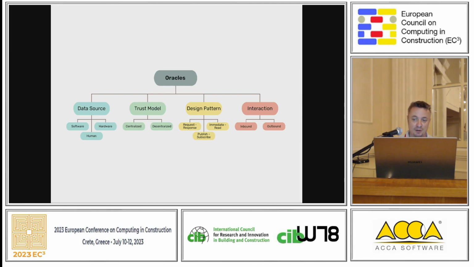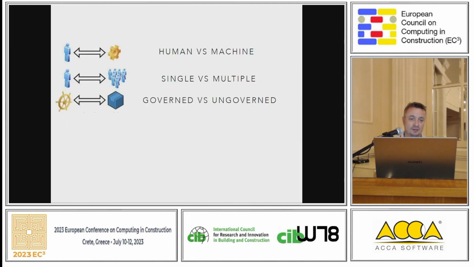And then you have the interaction, whether this is something that will stay within the system or go out of it, inbound or outbound, and has implications obviously for human-computer interactions as well. And through that kind of discussion, we ended up essentially with 3 dimensions, right? And these are human versus machine, single versus multiple, and governed versus ungoverned, right? And all of these, of course, act as points in a kind of gradient between those kind of ideas, and we kind of offer them as a very simple indicator of what researchers and blockchain